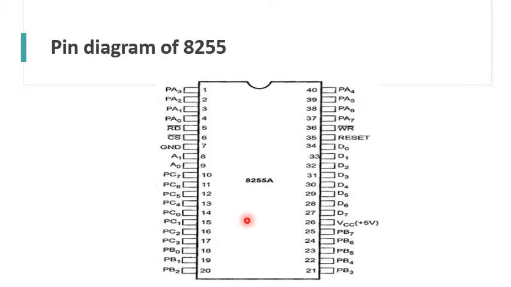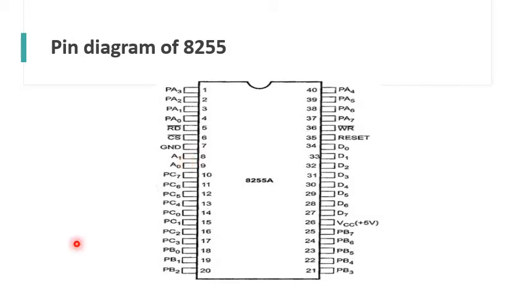Finally, coming to the pins A1 and A0, these are all the port address pins. They are used to select the ports with which the microprocessor intends to communicate. For a value of A1, A0 of 00, port A is being selected, 01, port B is selected, 10, port C is being selected, and if it is 11, then the control port is selected.